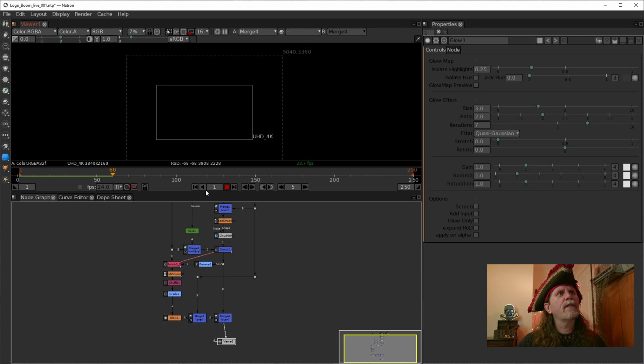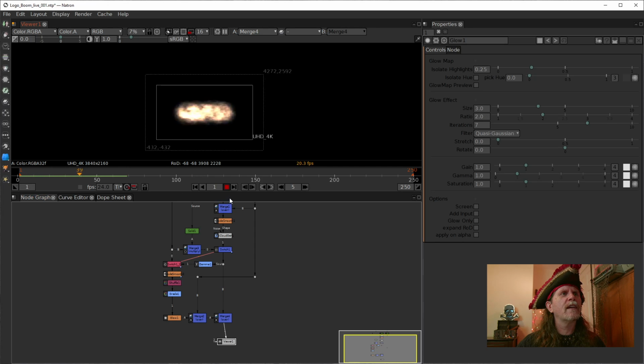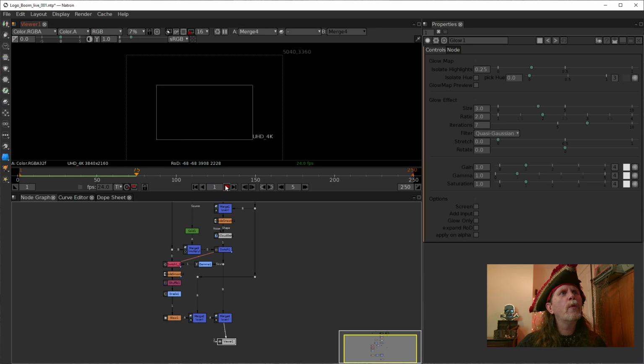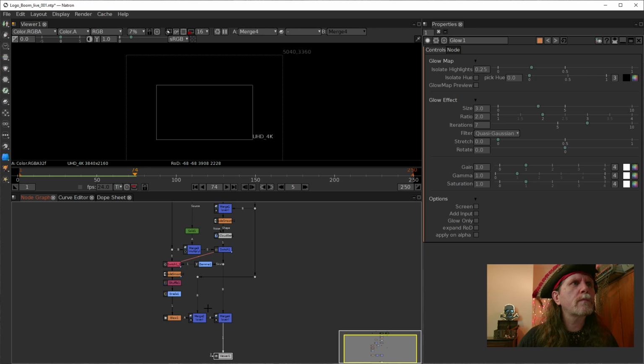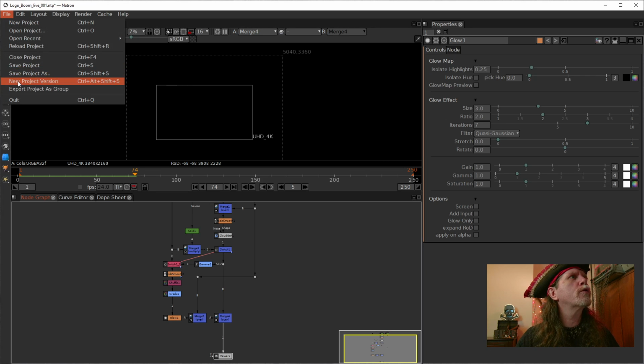And so that gets us our explosion, and we might work on how it's fading out at the end there. It's looking a little bit, I'm not positive on where it's at. We shall see once we have this all put on. We have to do a card 3D after this, and we have to put the sparky bits, because the sparky bits have to track along and do something different. Anyway, I'm going to save a new project version of this,